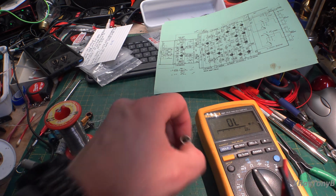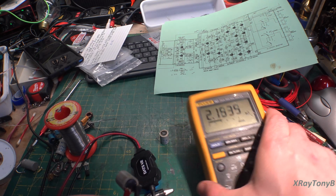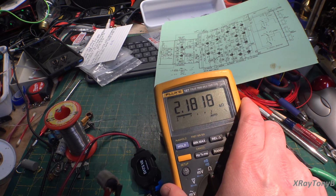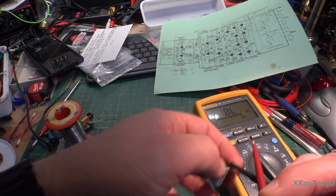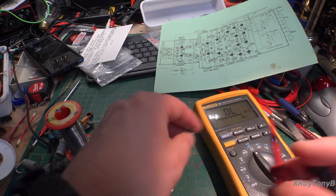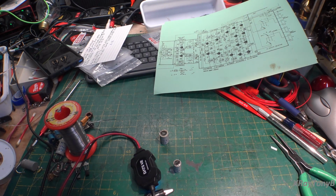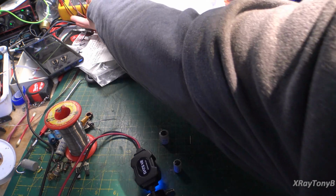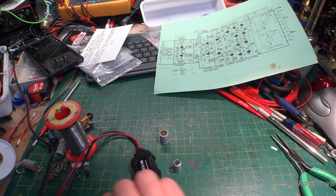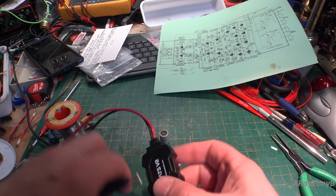And the 2.2K, very close to 2.2K. So we know the resistors are good in here, but how do we test the capacitors? That's really what we want to know, isn't it? So I got to thinking, and of course we can do some math and put some waveforms and things, but then I remembered I had this